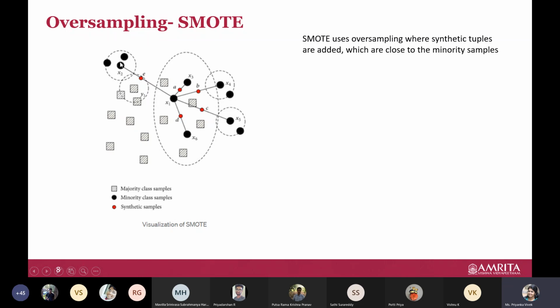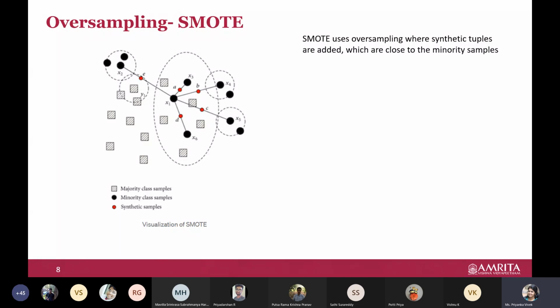Say we already have X1, X2 and X3, which are our minority class samples, and the algorithm generates a new sample called A, which is very close to X1 and X3. This is in two dimensions, but it could be any dimension. That way it generates samples which are very close to the existing points in our minority class. You might have doubts about whether we can synthesize like that, but it is the only approach when you don't have the option to remove samples. So you need to generate new samples. This is one approach.